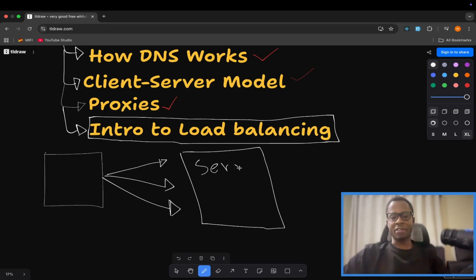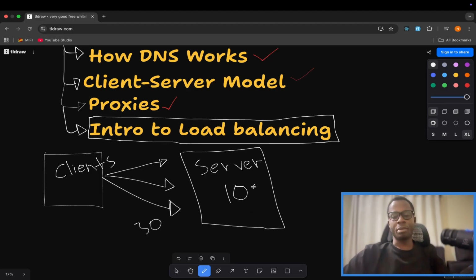For example, let's say we have a server that can handle a maximum of 10 requests, but then you have many clients that are sending requests, and these requests probably reach 30 requests. Again, this is just an example. In the modern day, a server can handle more than 10 requests, but to be maybe more realistic, I'll say